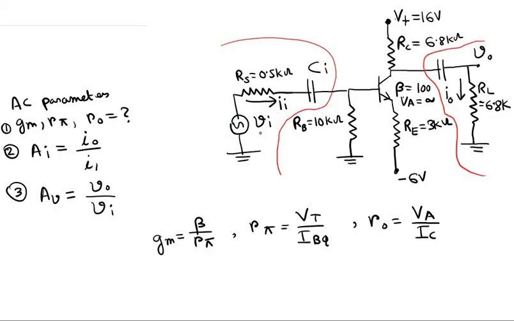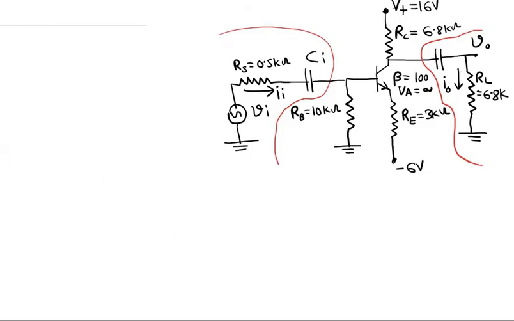Okay. So now that we have found out the small signal or AC parameters of the circuit, we are actually ready to do the AC analysis and find out the AC components of the voltage and the currents. Now let us first draw the small signal model for this transistor circuit. Actually, that would make the problem a lot easier for us.